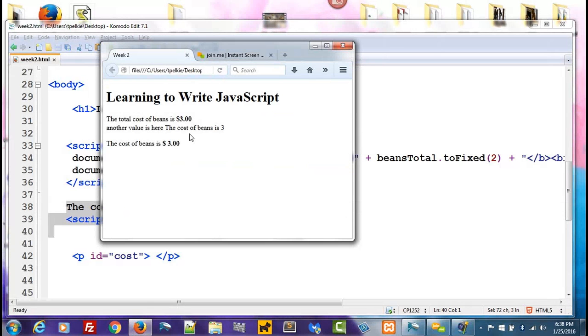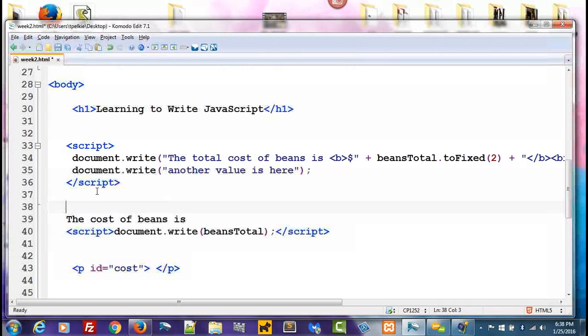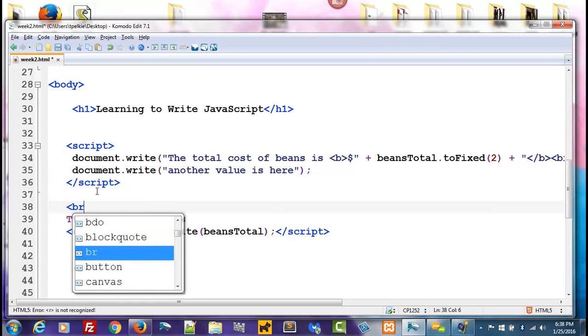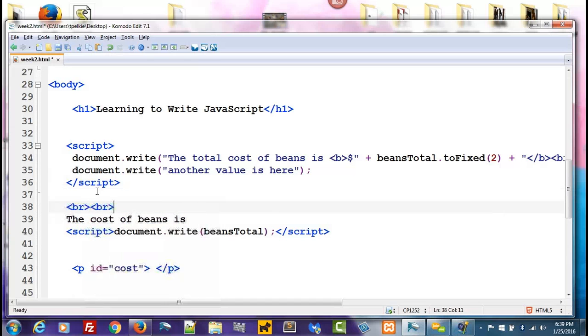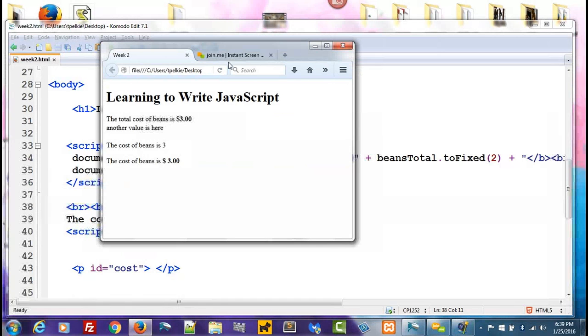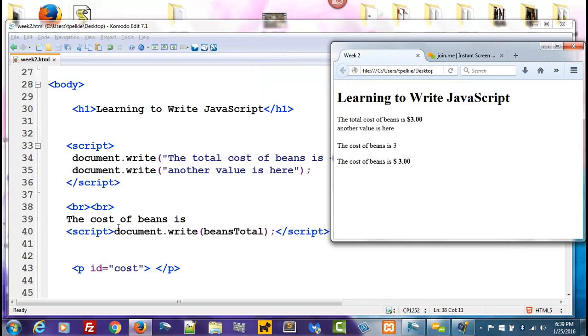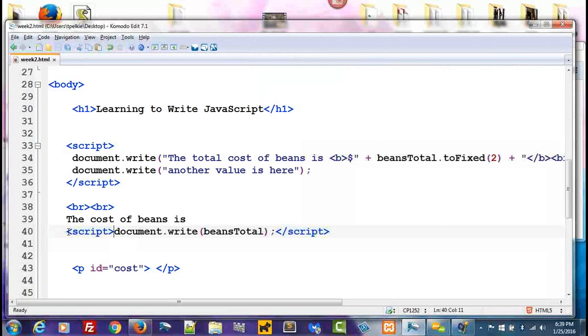But here, I need to put a break there. Let me put a break up here. I'll put 2 breaks here. Control Z. Control Z. Break. Let me save this. Let me put this back up here. There we go. So there's different ways of using document.write. You can go in and out of HTML and JavaScript. And in this case, you can have multiple blocks of script